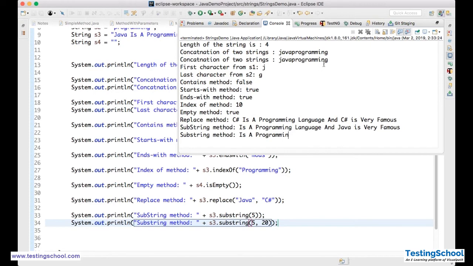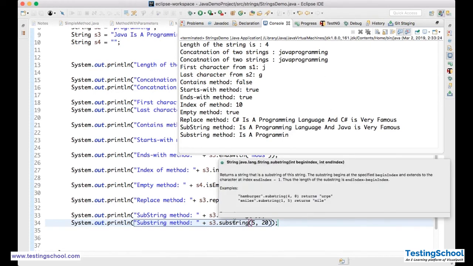Why? So, when you read this, you see, it returns a string that is a substring of the string. The substring begins at the specified begin index and extends to the character at index end index minus 1.